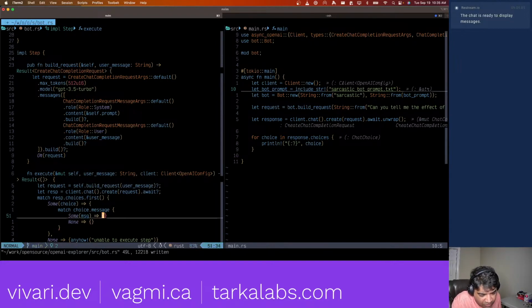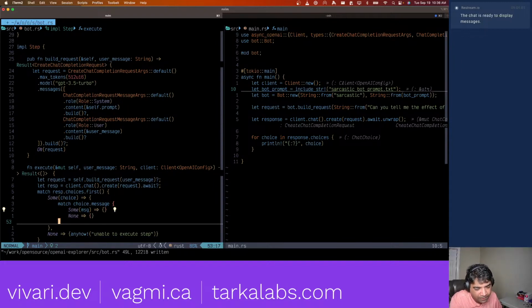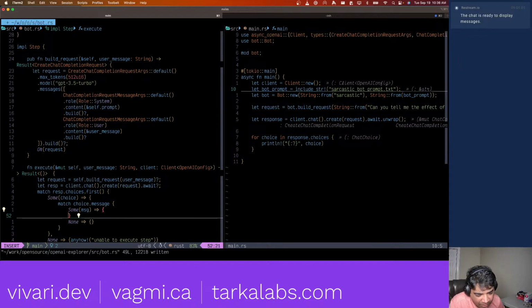We won't do anything in this. So the thing is that now both of these branches should basically have the same this thing. I can also do a, so we can basically return a void or something like that later. But anyway, so this basically does nothing, and this basically would do self dot messages dot push,